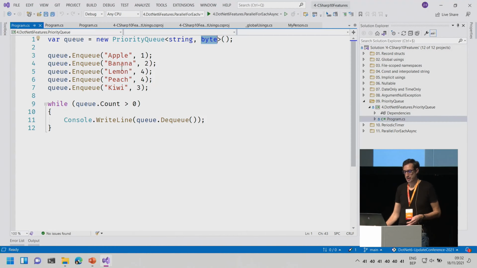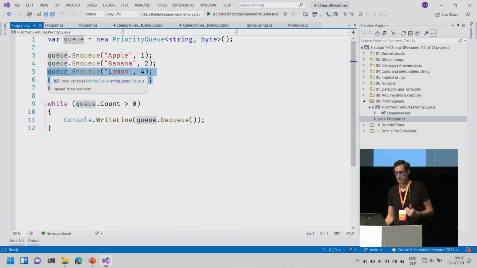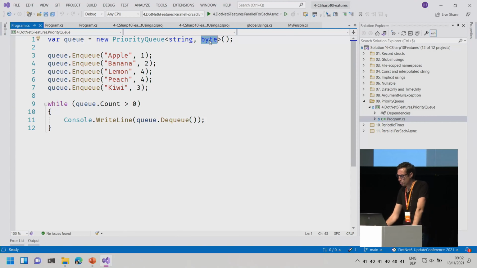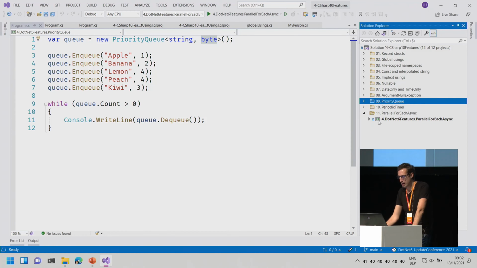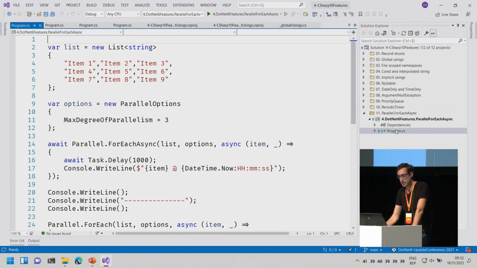So if I'm adding an apple and a banana and a lemon, I can pick the order. So the apple goes first, the banana goes second, the kiwi goes third, and then the lemon and the peach share the fourth space. So this will just use the default queue, first in, first out, and they will be ordered within that queue based on my priority type. You are free to use whatever type for the order, as long as it can be compared, if it implements the IComparable interface. So if you have your own custom type and you have a comparer for that type, your PriorityQueue can work with that. Very powerful stuff.